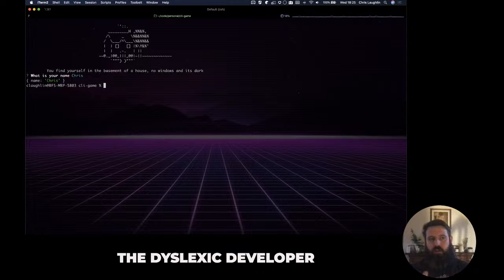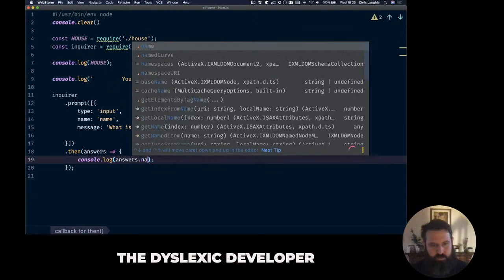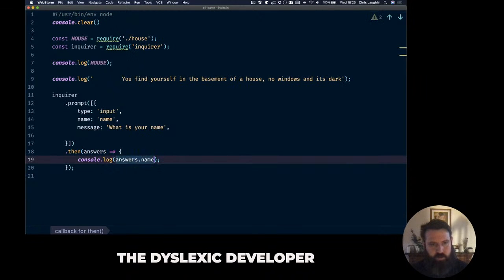Okay, so answers is what they call a hash, which technically is a hash, where it's an object with key value pairs. So then we can say answers dot name. Let's make this a little bit more interesting. We're going to do a little templated string, grabbing their name, so we can say welcome. Are you ready for